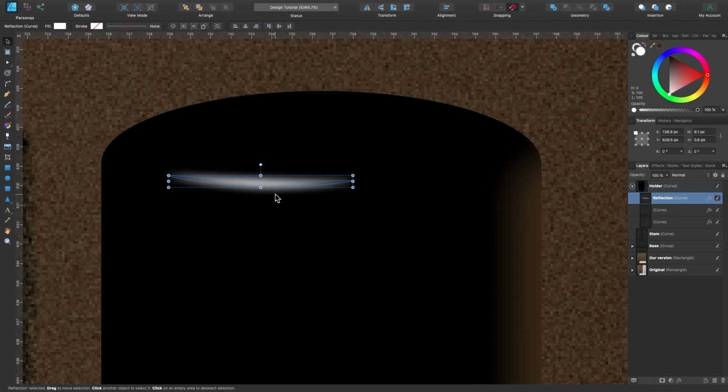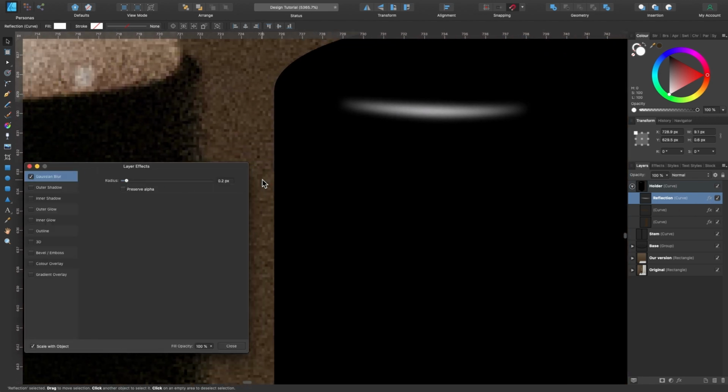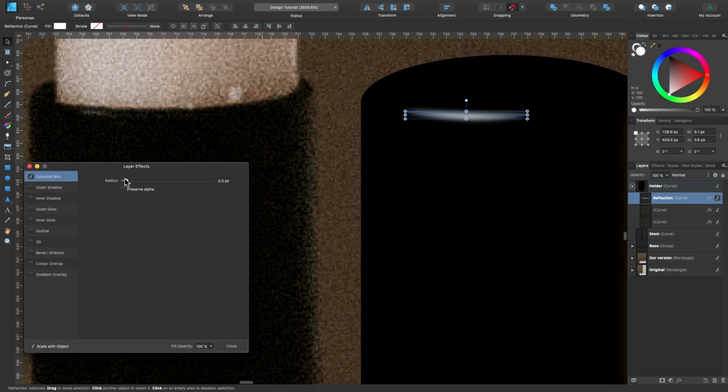So if we wanted to make that slightly thinner, well, let's play around with the Gaussian blur a bit first. Let's have them both on screen, shall we? So I'll click on the Gaussian blur, bring it down slightly. And in fact, I can make it smaller than that. And this is where another tool comes in handy. So if I just click off of Gaussian blur, so we're back to our shape, press close,